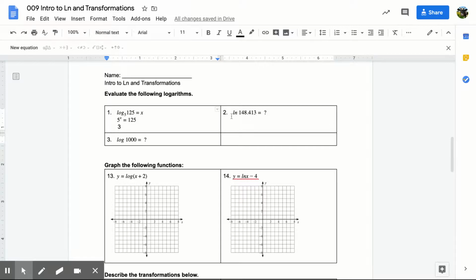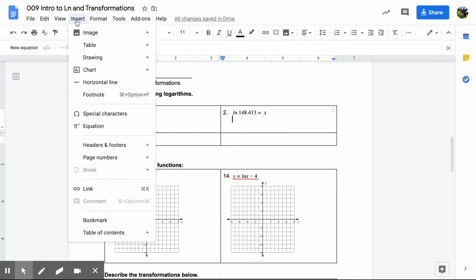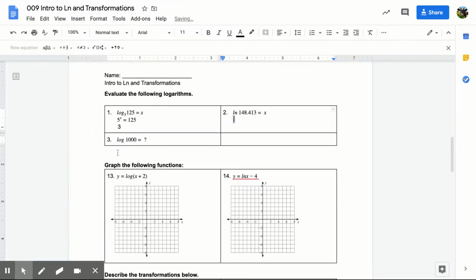Okay? Number 2, same thing. It says the natural log of 148.413 equals what? I'm going to change that little question mark there to an x because that's what I don't know. And then I'm going to rewrite this in exponential form. Because I see that that's a natural log, that means I'm using the letter e. So this one's going to say e to the x equals